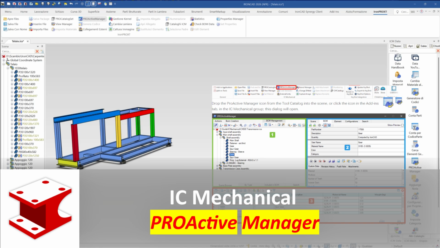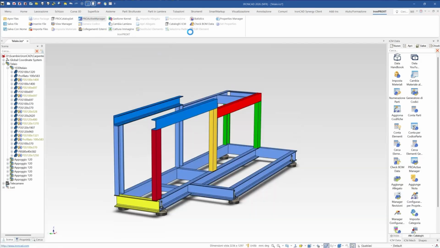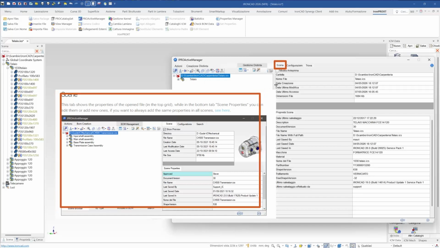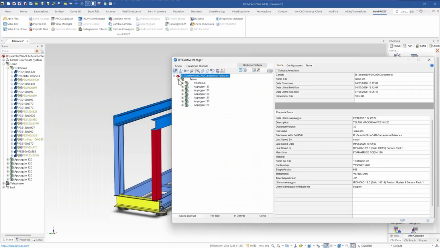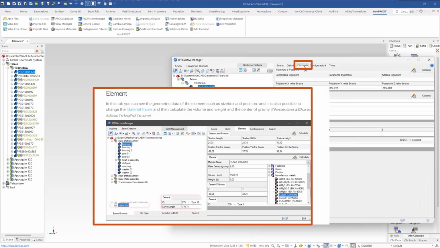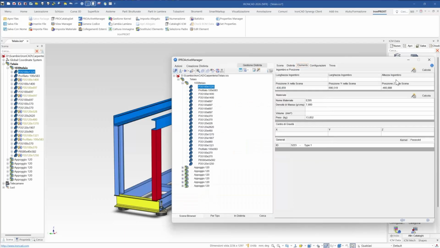Let's now move to the right panel dedicated to properties. Here, all the information related to the selected element is displayed. The user can quickly modify fields such as name, part number, description, material, quantity, or price without opening each CAD file individually. When selecting a part or an assembly, Proactive Manager immediately displays the data that will be used in